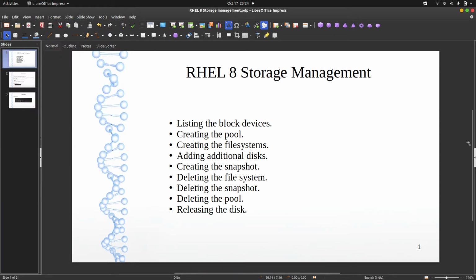Good day friends, today we are going to discuss RHEL 8 storage management. RHEL 8 has a new utility called Stratis. It's a built-in utility and the package is managed by the Stratis daemon. Predominantly we have to install two packages, stratisd and stratis-cli. stratisd handles the whole storage management in RHEL 8, and stratis-cli enables us to interact with